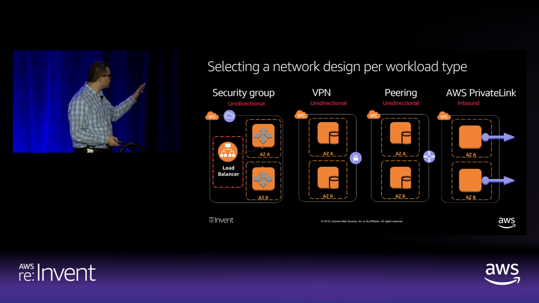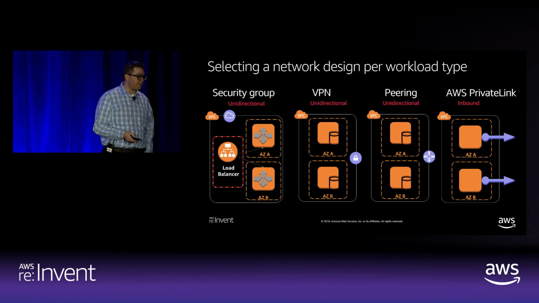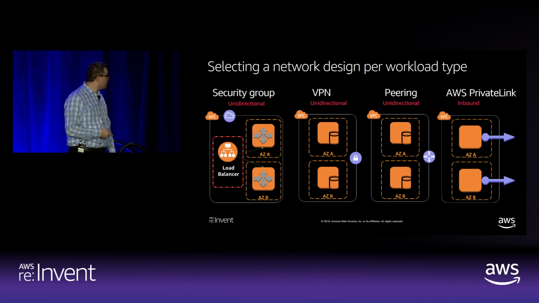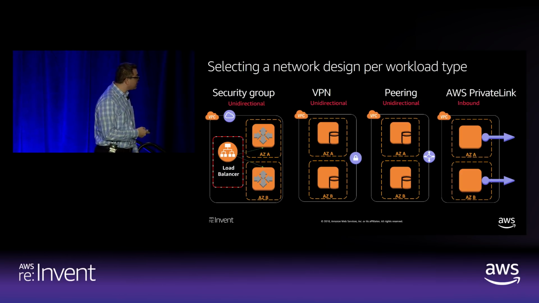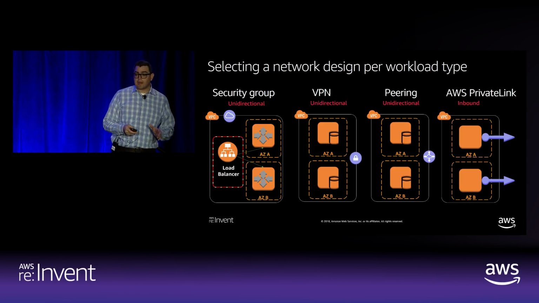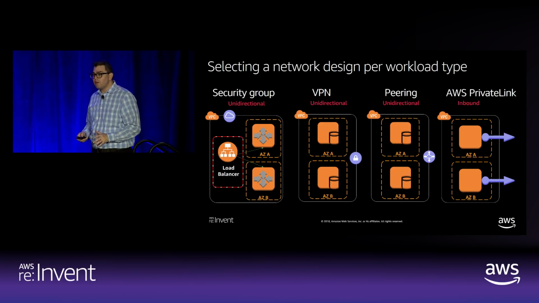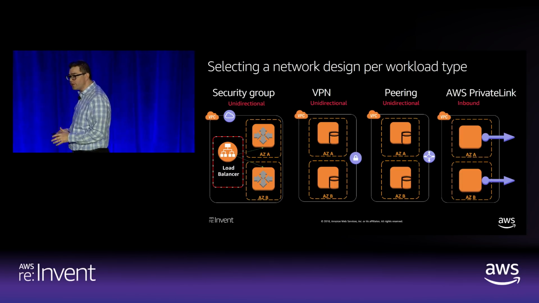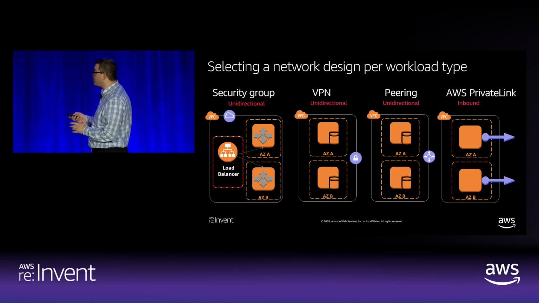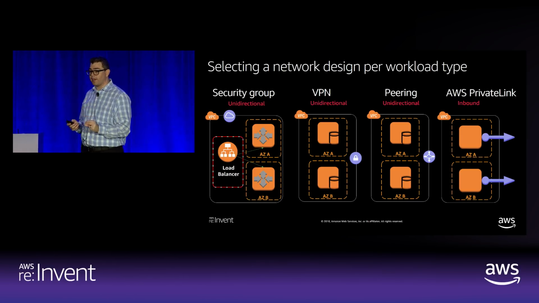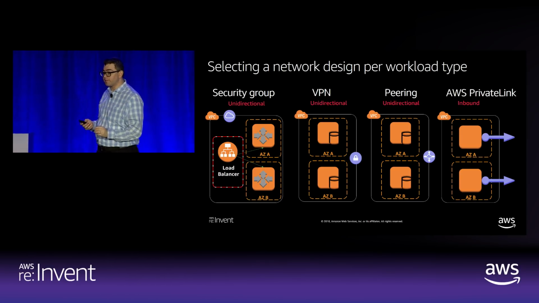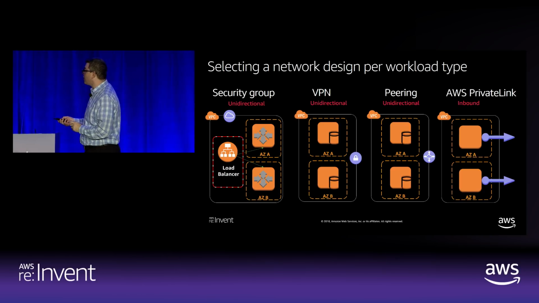But there's a number of constraints there because ultimately it's a security anti-pattern. VPN, unidirectional. Peering, unidirectional. Peering allows you to do it and manage it through AWS CloudFormation. There's ways for you to enable yourselves to reduce friction for your customers. And the reason why peering, to me, is a great way to enable your customer is because your customer is looking to get up to market and get up to value as quickly as possible. And peering is a great way of doing that.